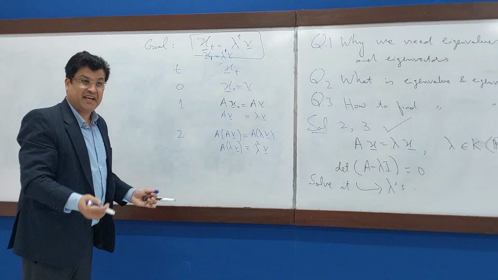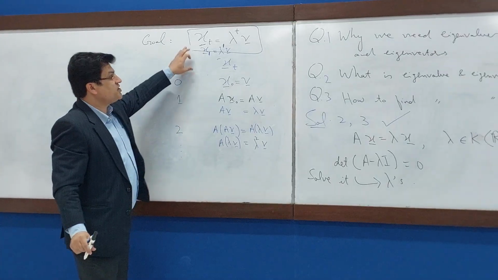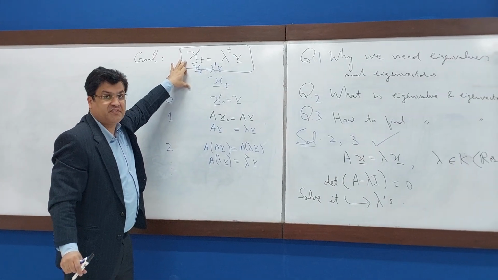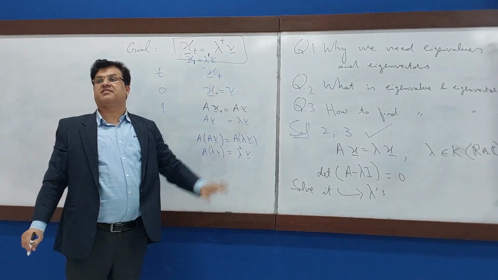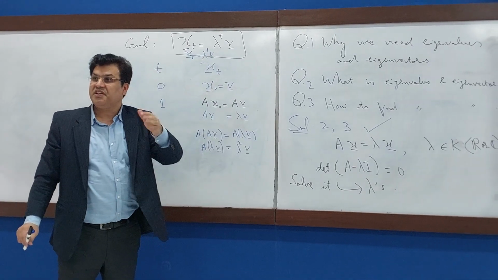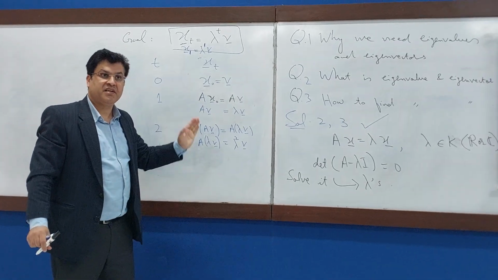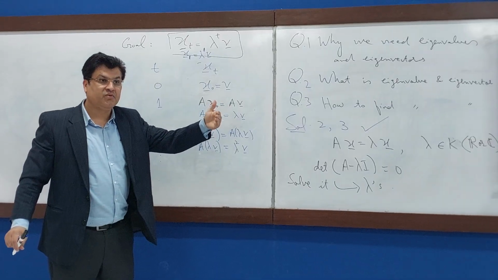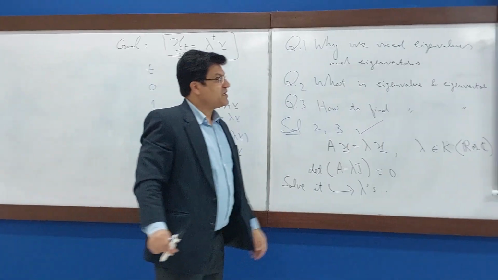So what is the essence of this? What is the final conclusion? That we are able to predict the population after a certain time step with the help of the eigenvalue and the eigenvector. We don't need much more data. We don't need the multiplication of the matrix again and again. We don't need A squared, A cubed. We just need lambda and the eigenvectors. And if you remember the example,